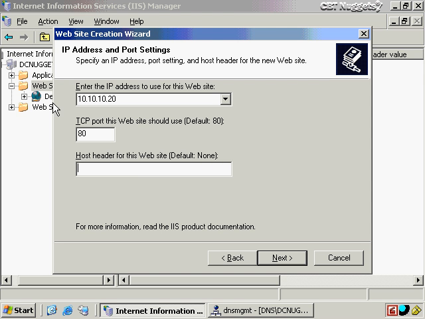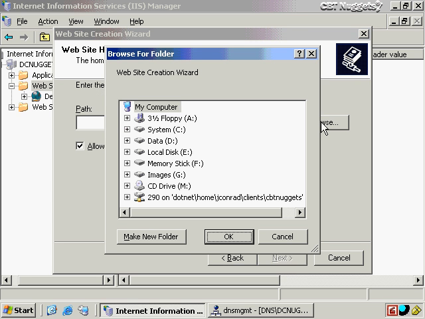Right now, my default website is at .20, port 80, with no value here for the host header value. So if I next finish through this wizard, it's going to get a red X on its little globe for that website, and this website that I'm about to create will be stopped. However, if I add some uniqueness to it, such as giving it a host header value, www.cbtnuggets.com, for example, now it's unique, so I can go ahead and click on Next and continue on creating this